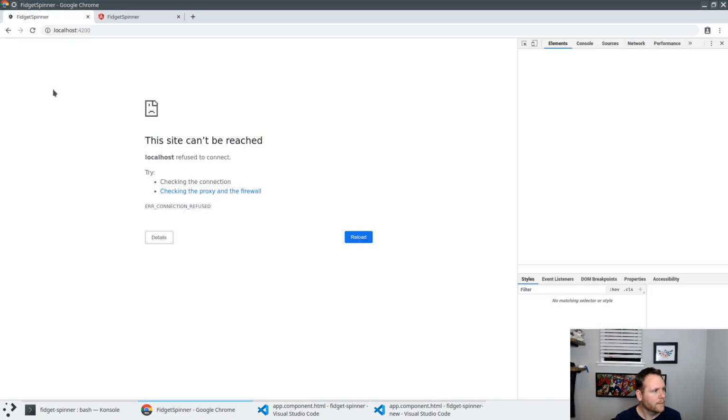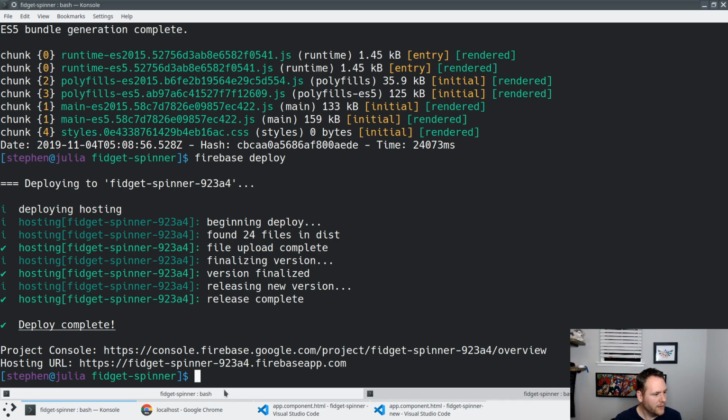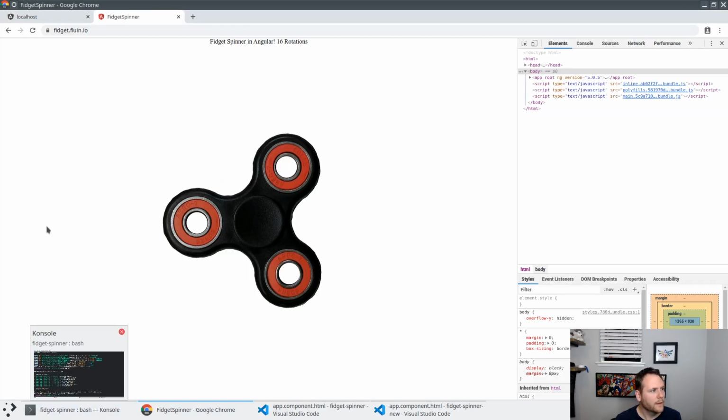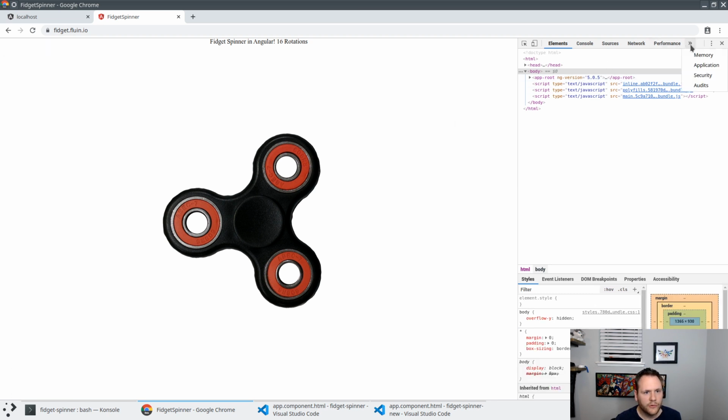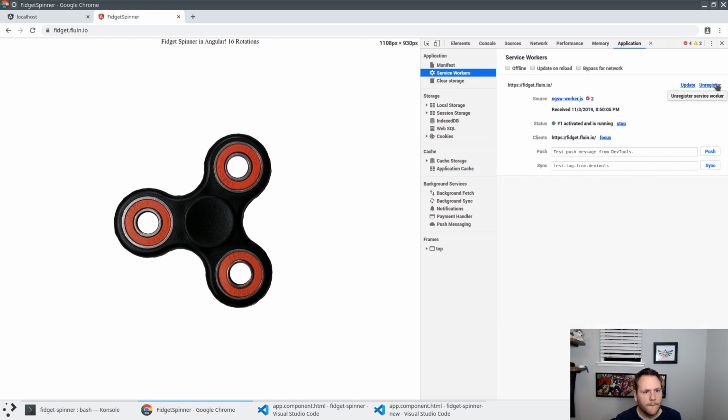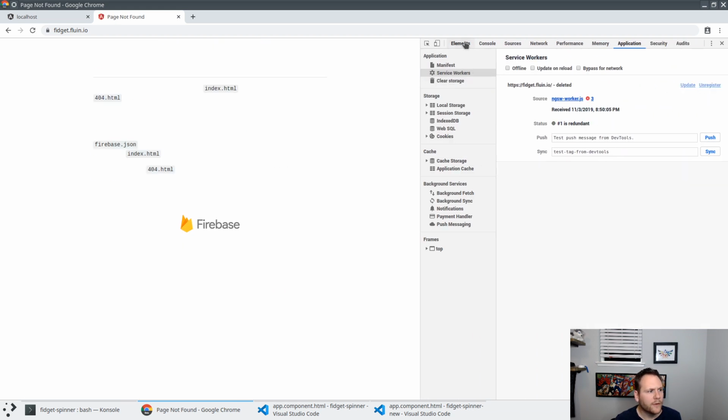All right, so that should all be done. And as soon as the cache gets flushed, which could take a little bit of extra time just because of the service worker here, we should now get,